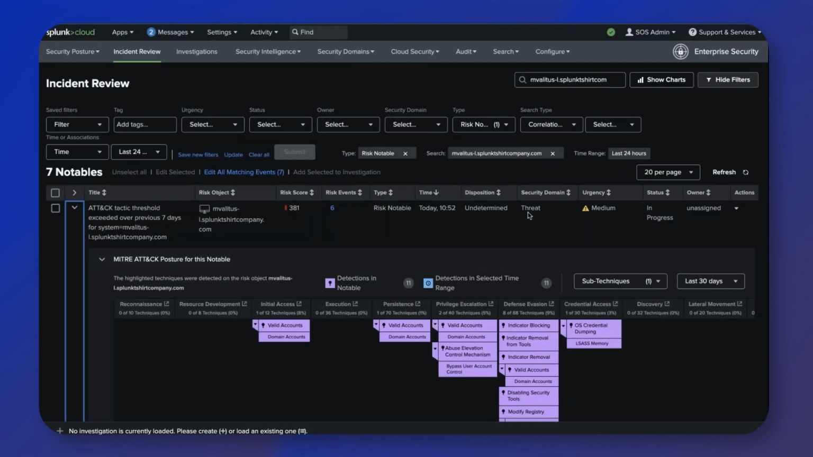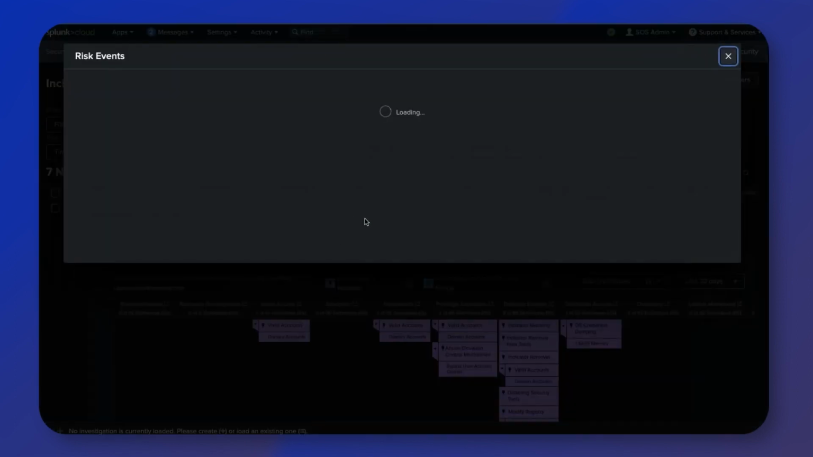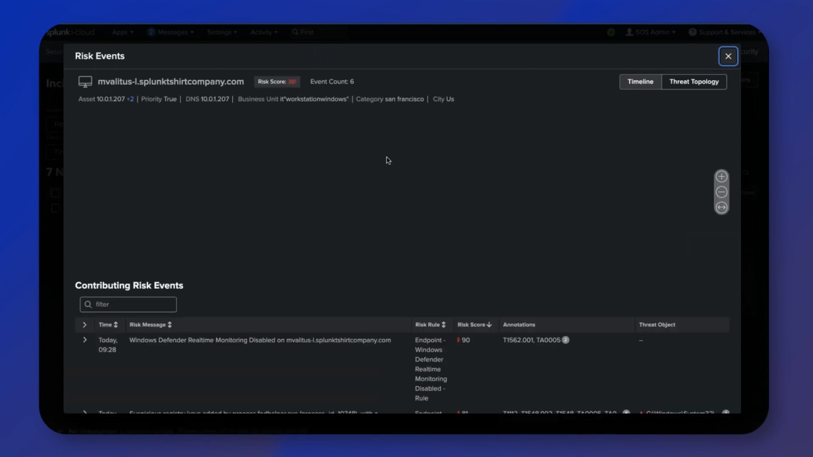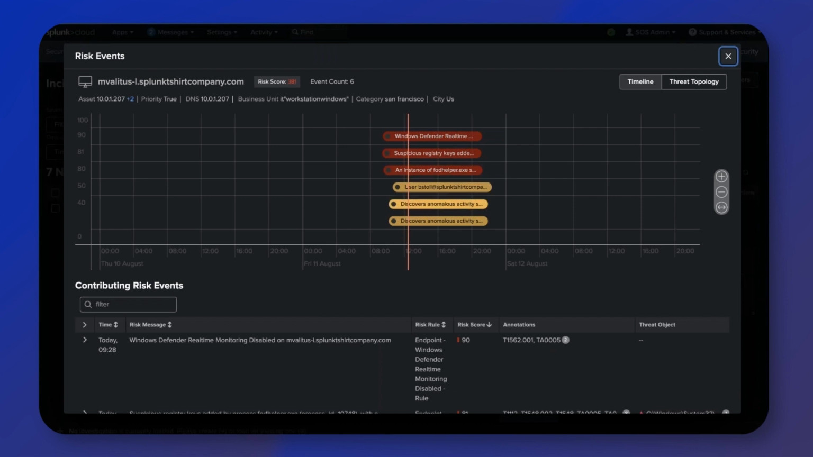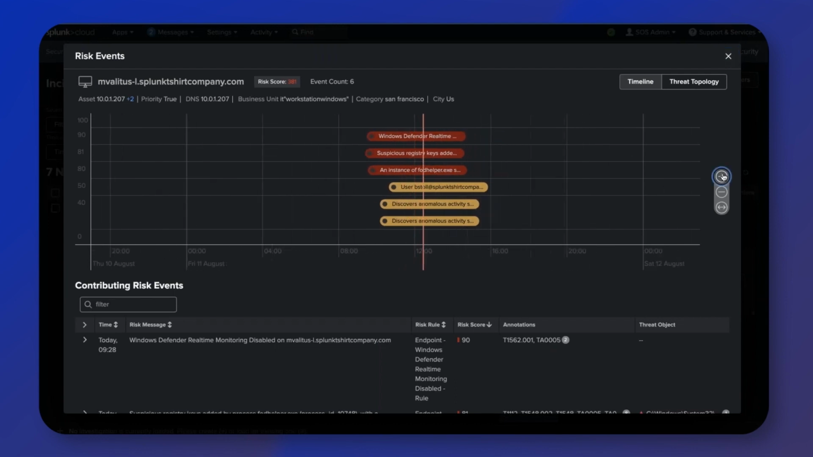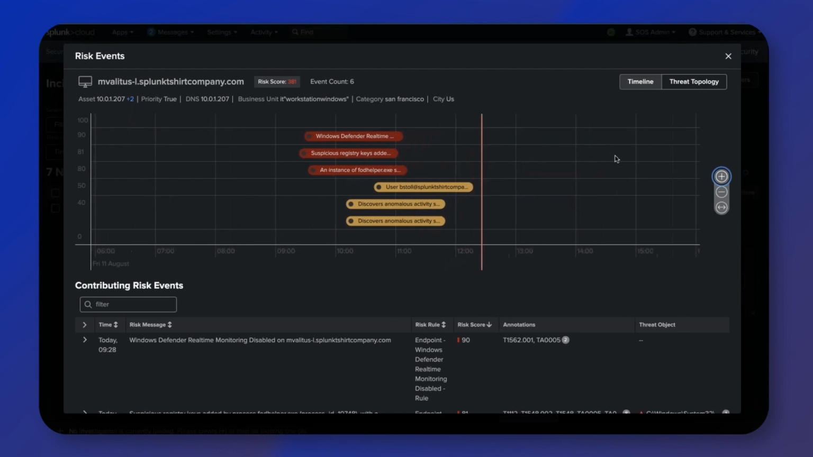in progress. And then if I click on risk events, I'll get a pop-up here, which will show me all of the risk events, all the risk rules that have triggered related to this particular device. Okay, so here we can see 6 different risk rules here. Over a time period, we can zoom in further into that or zoom out, of course. So these are the risk events, and if I scroll down to the bottom of the page, you can see